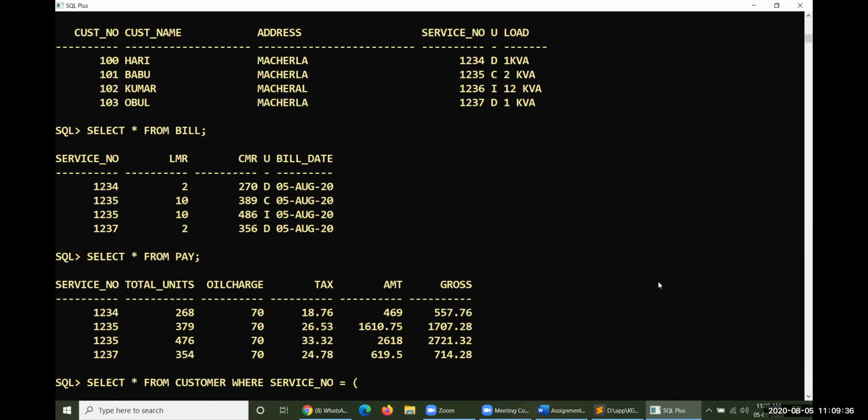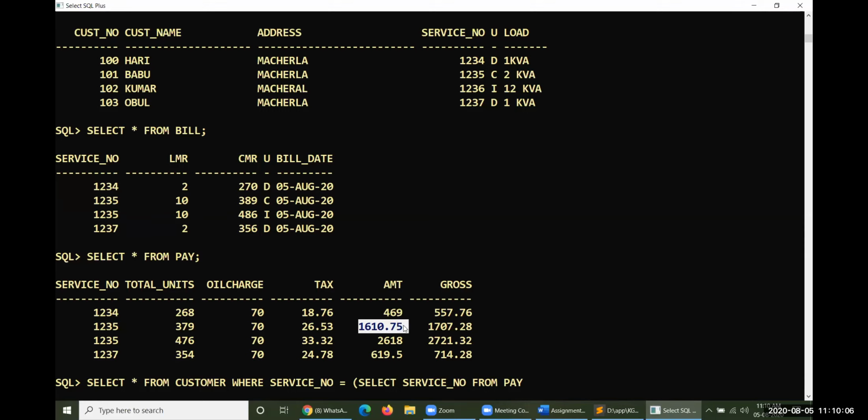How could you get this one here? Select service_number from pay. What exactly are we trying to perform here? We need to get this particular maximum value, the person who is paying this maximum value.